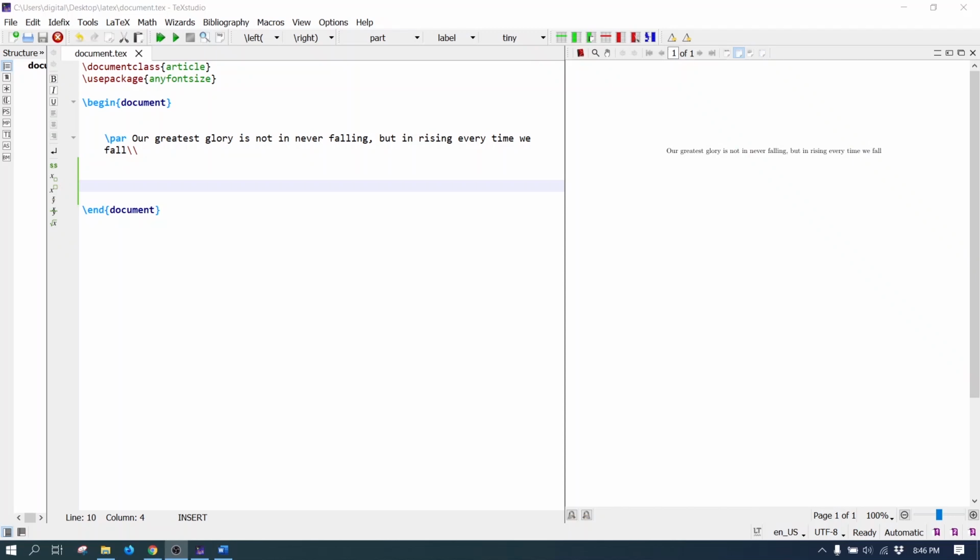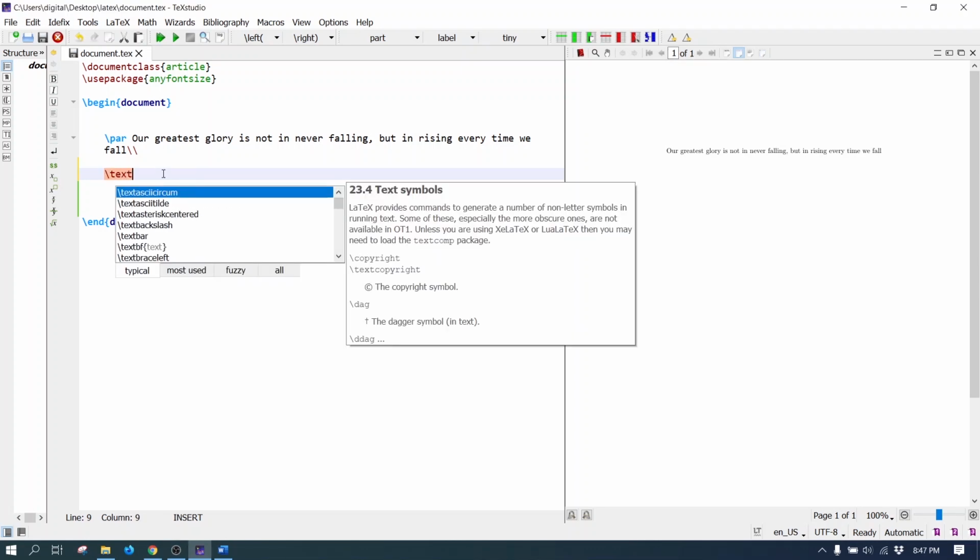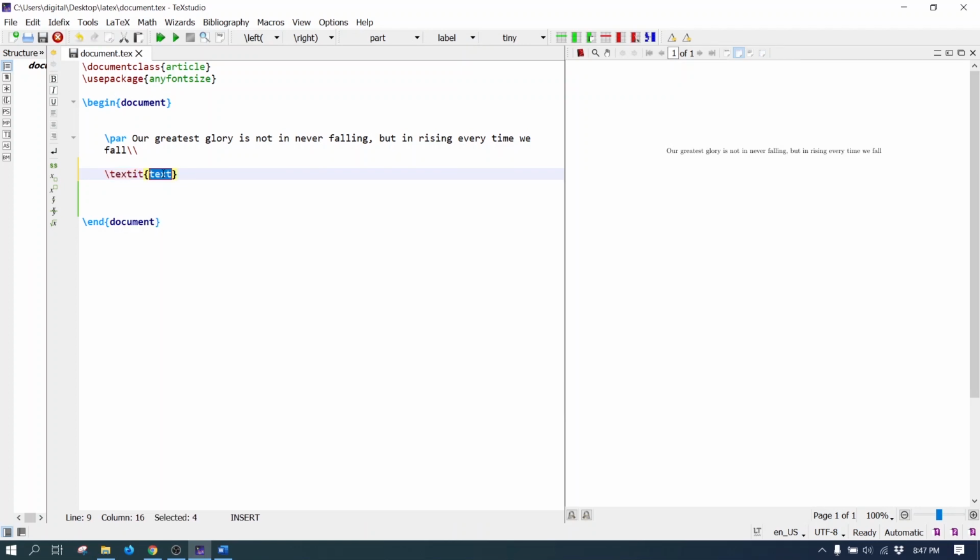In this tutorial, we will see how to change the font style of the text. Two different commands are used to change the font style for every style. For example, to make the text italic, the textit or itshape command is used. The textit command is this: \textit. The text to be italicized should be given in the curly brackets.